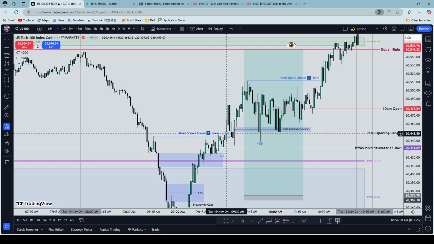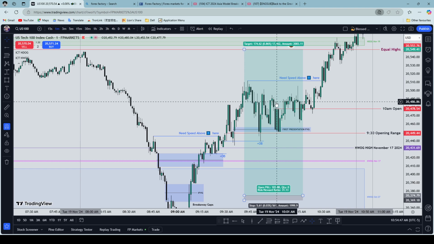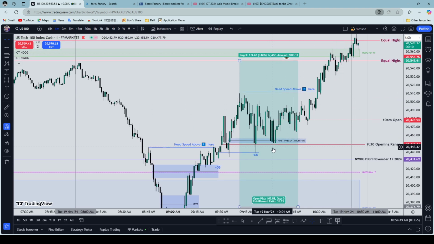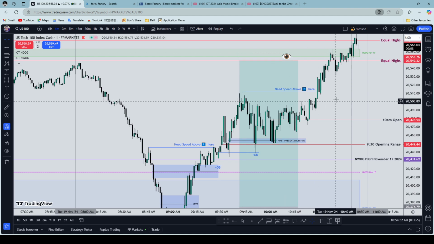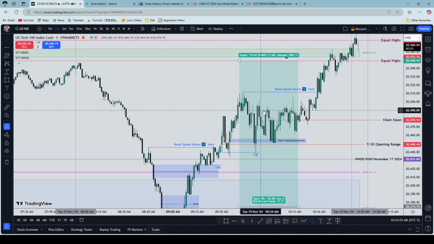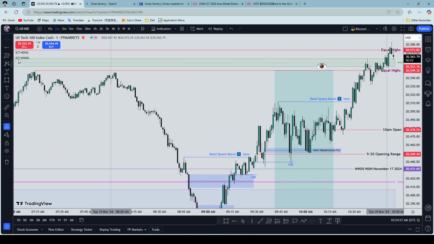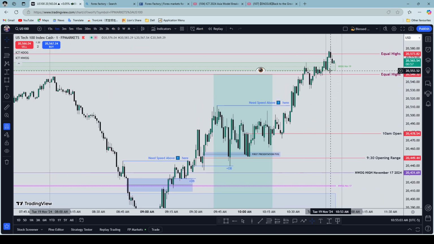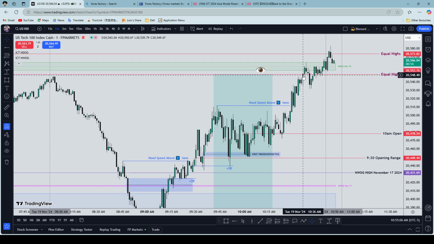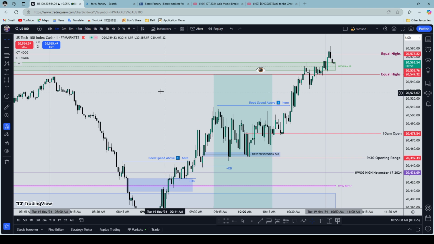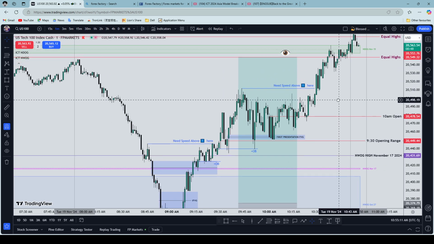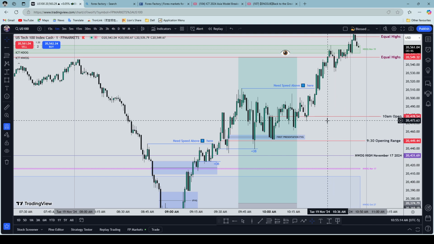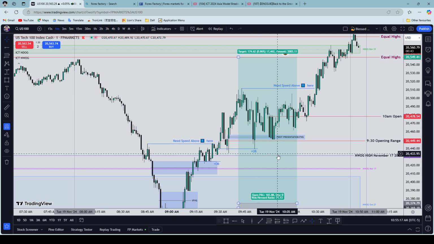Then we came into the 9:30. Then price became a little bit wonky and choppy. Price was hanging around a little bit, but still the idea was still there. It still kept on buying because right here, these are the equal highs over here. So around 10:36, we tagged the equal highs, and we should be done for that right there. And that's the market review of